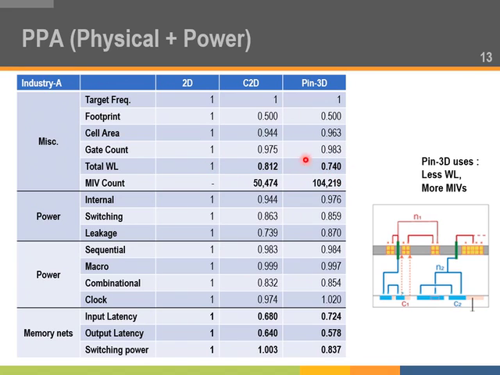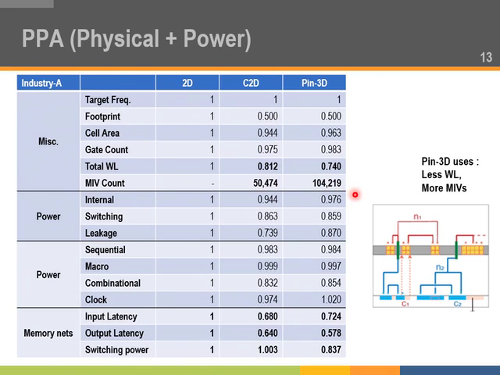The Pin3D design has almost 26% smaller wire length, and with respect to the C2D design, we have a 9% smaller wire length because of a timing or congestion driven placement that helps during the routing stage. The MIV count, on the other hand,